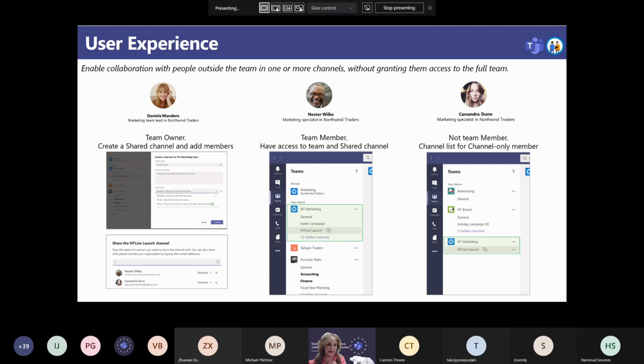So thinking about the team owner experience and then the team member experience, right? I have access to the team and shared channel. We talked about this. I can see the conversation, files, and content. But again, I cannot add tabs right now. I can't add apps or tags. If people are familiar with building workflows in their channels, you want to be cognizant of that because you don't have that capability right now, and you want to be able to switch and have the information available still in the conversations and find creative ways to display that content. Some of the good tips I would say,